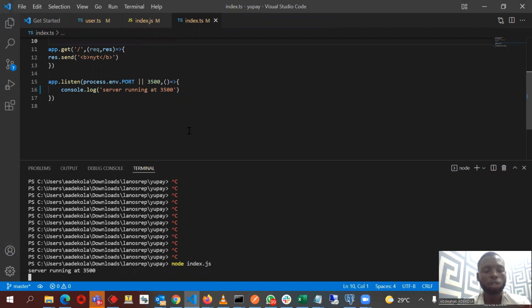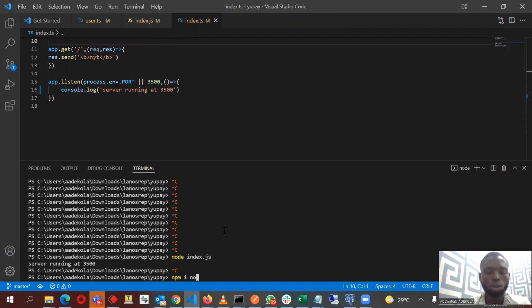I'm sure you will have heard of Nodemon. I already have Nodemon installed, but if you don't have it installed, you can do npm install nodemon. What Nodemon does is help to watch and monitor the changes on your files. When you save those changes, it's going to restart your Node.js server. If you want to do that after installing Nodemon, come to your